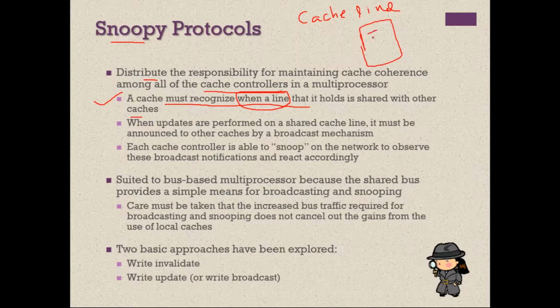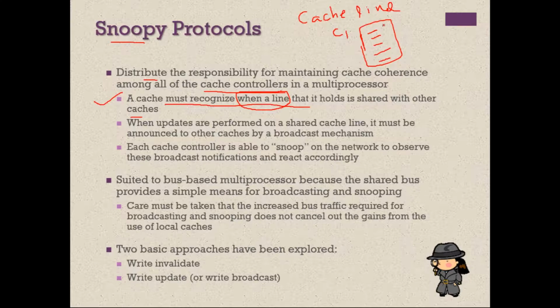Okay, out of these 10 lines, how many lines are shared with others, and how many lines are not shared with others, that this cache should be knowing. So this is cache C1. But there you have many caches. So is this line shared or not, is this shared or not, is this shared or not, that should be known to this cache.